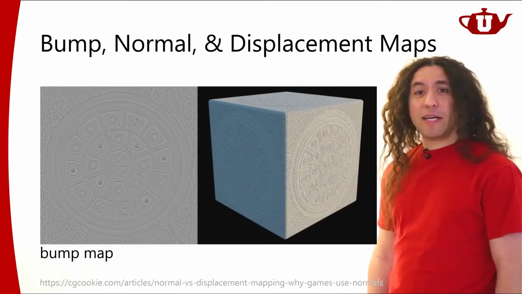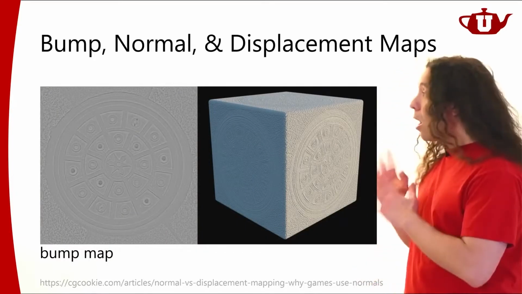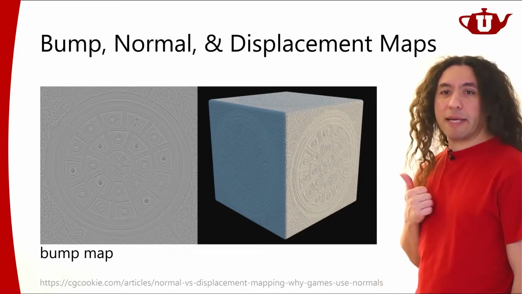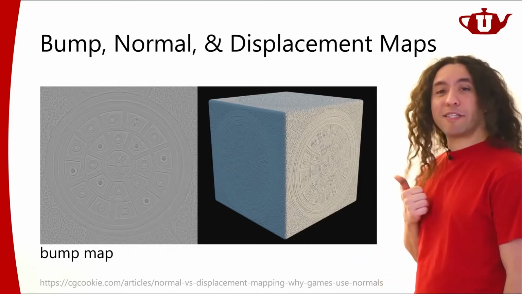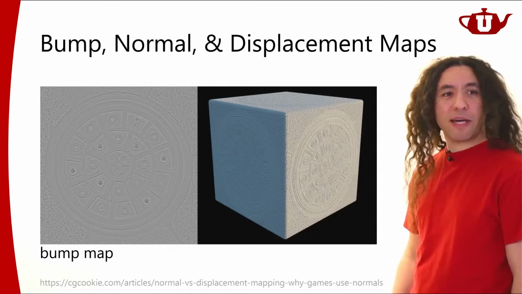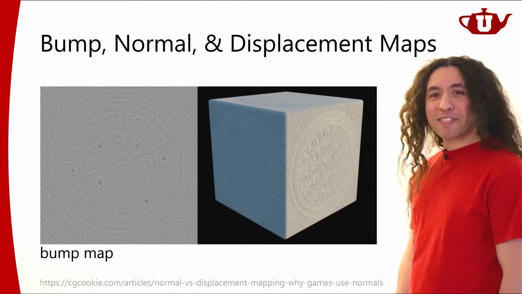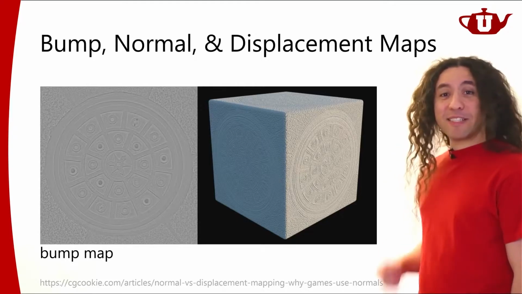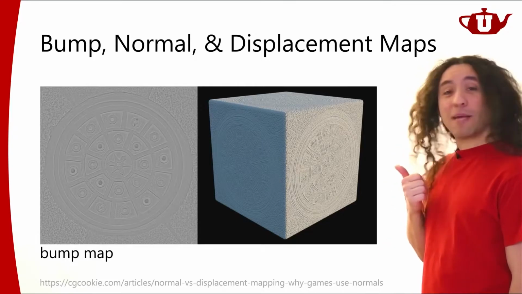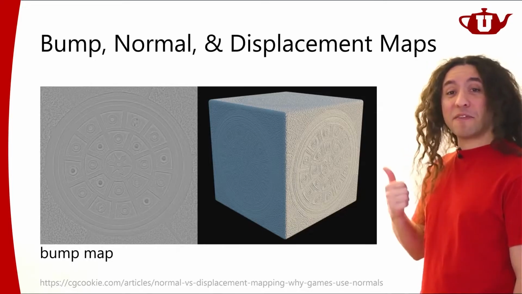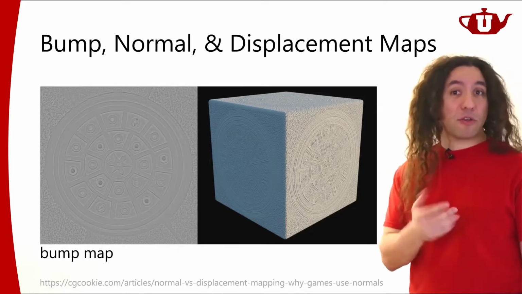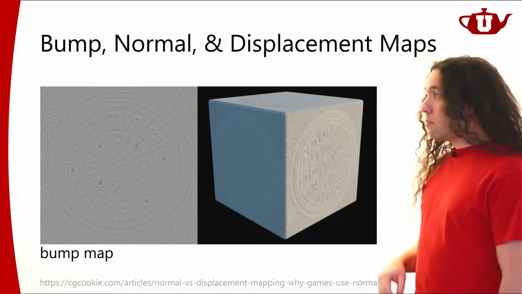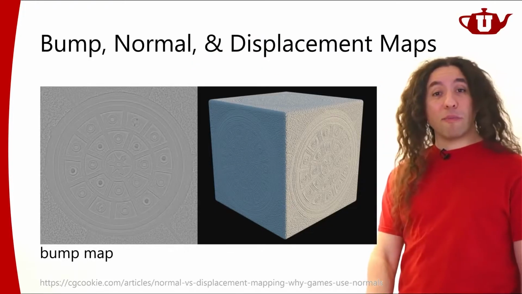So this is bump mapping. It's just a box. I apply some bump map on it. You get these nice looking details. Looks pretty nice if you ask me. Much more exciting than just a flat box surface. And there's no diffuse texture here, right? It's the same diffuse color. The shading differences appear because I'm using a different surface normal, because I'm perturbing the surface normal using this bump map.